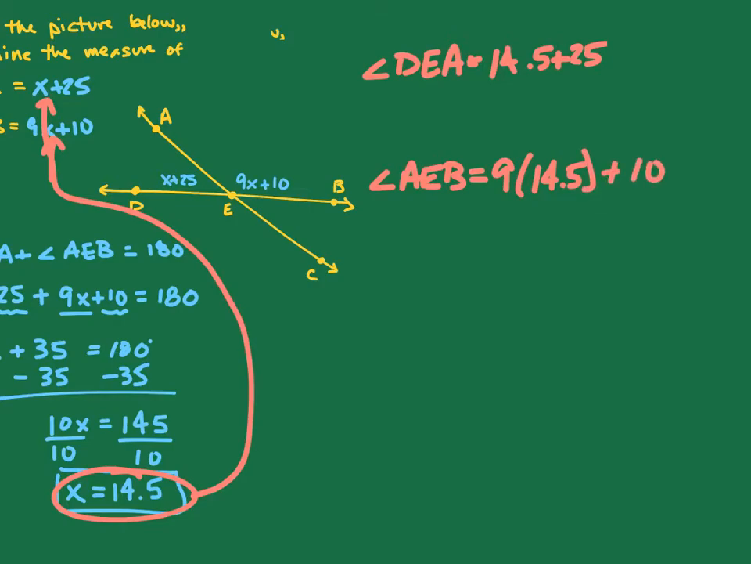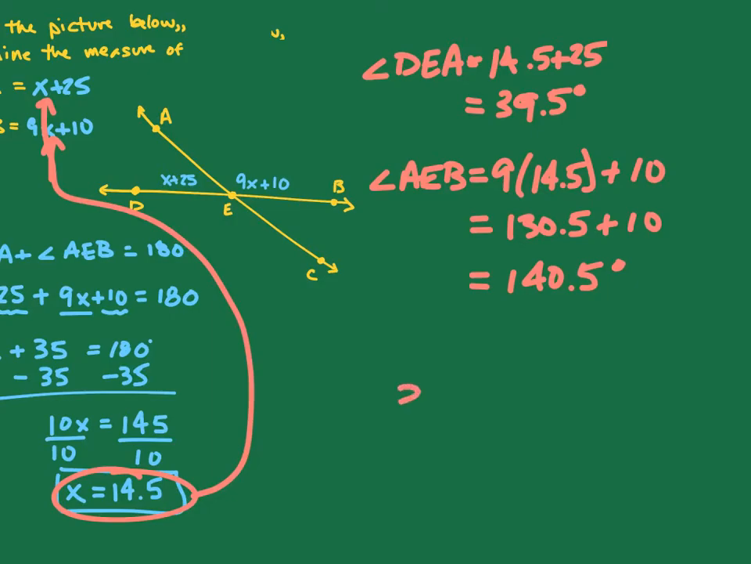So let's just evaluate this. If I do 14.5 plus 25, that's going to end up giving me an angle measure of 39.5 degrees. Here, 9 times 14.5 is going to be 130.5. Add 10 to that, and I get 140.5, and that's degrees. Now, what I want to check is do I get 180 if I add these two